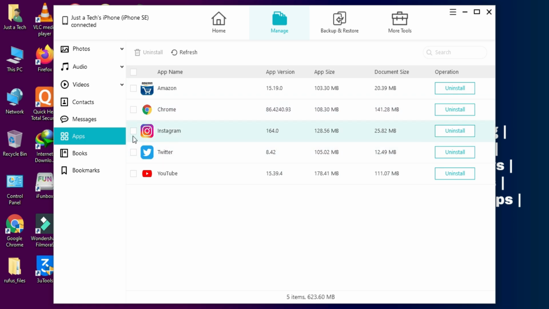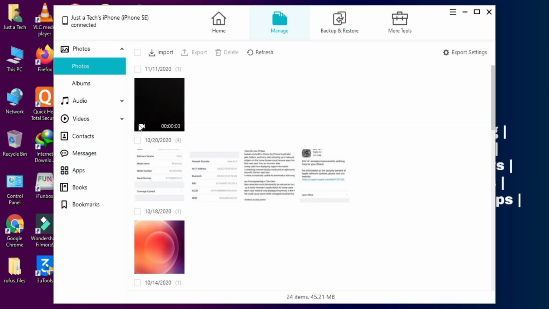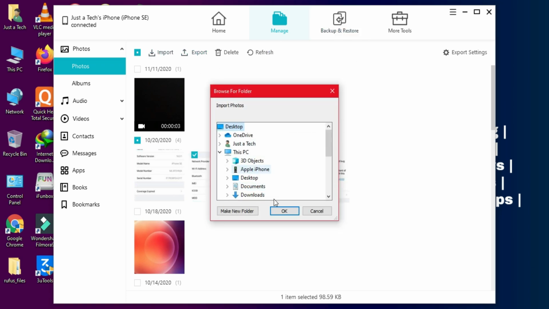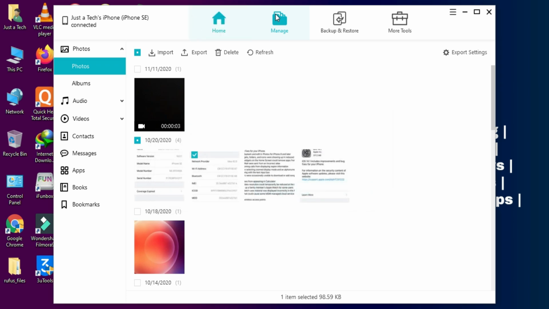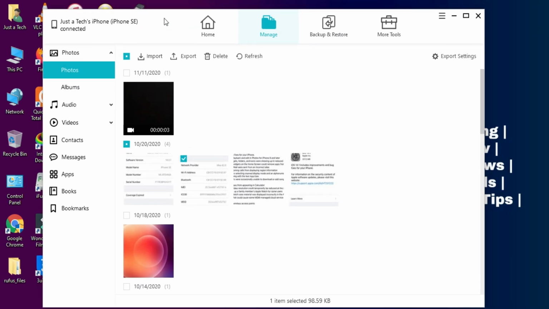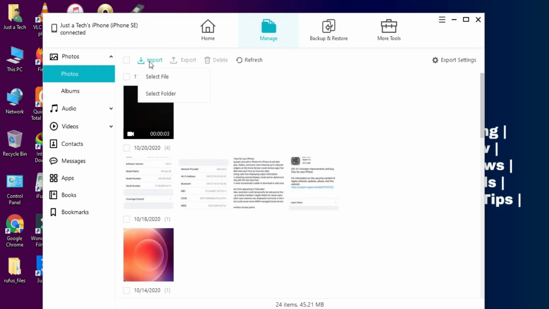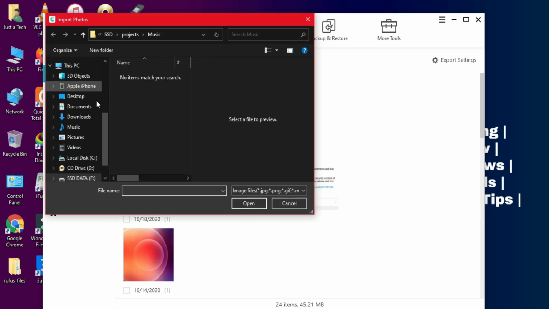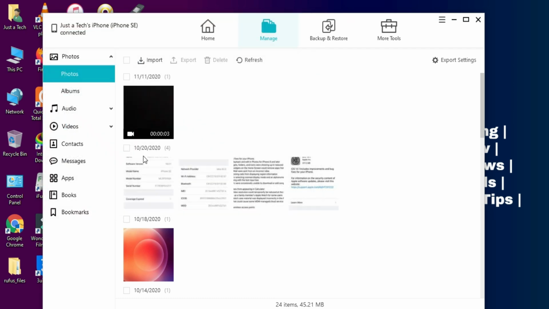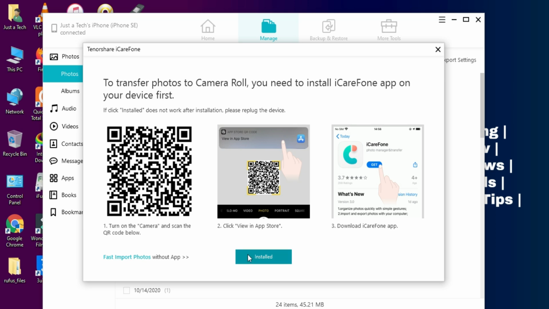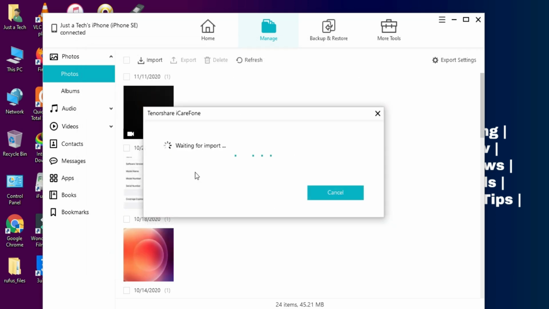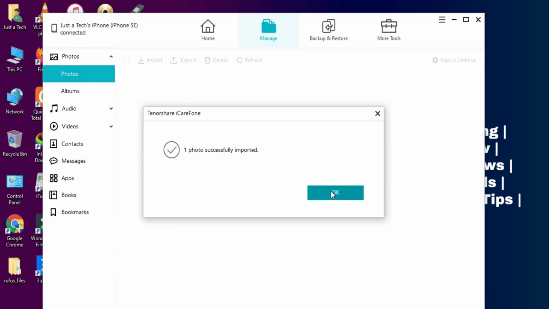This manage feature makes this tool easier to use and more flexible as compared to iTunes, because in iTunes we can only take the backup of all the data at once, but with the help of this tool we can choose only the files we want to back up. Just like if we want to back up only the music and apps, not other data from the phone, we can use the category option to select the particular files, take the backup and restore that backup to the new phone directly.